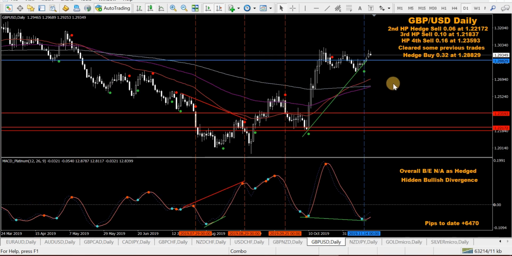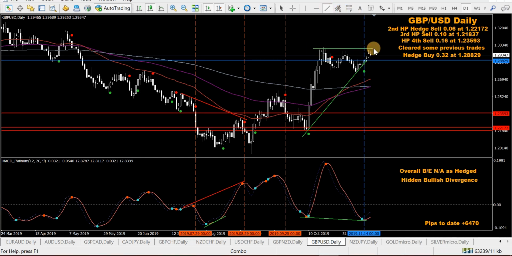And pound USD, I'm in a bit of a poo here. I've got a couple of 3 sells, you can see there, down here, and I had to take a hedge buy. Had a hidden bullish divergence, valid buy signal, not a great one. Price didn't come back to the MAs, and now we've probably got a sort of a